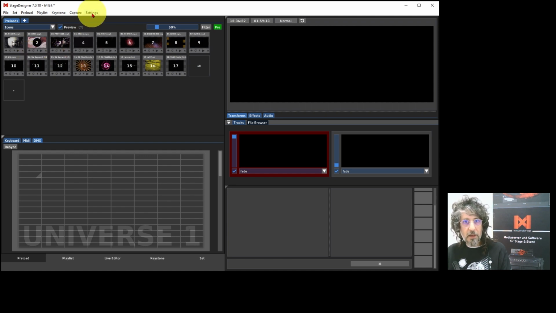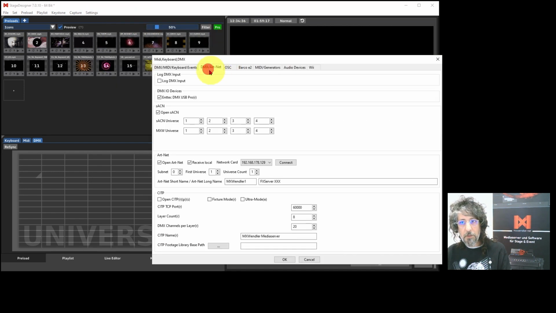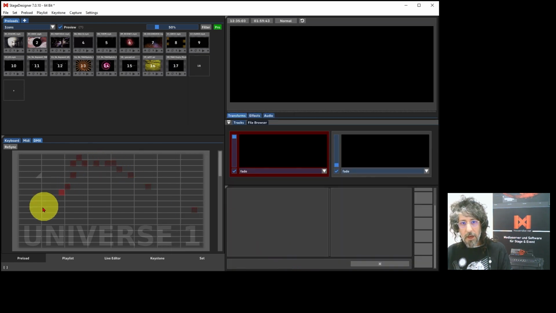To activate DMX, I would need to go to Settings, Input and Output. The second tab here is for DMX. I can see here I have multiple DMX protocols available to use: NTEC, DMX USB Pro, SACN, ArtNet, CITP, and so on. In this case, I'm using SACN, so I just click on Open SACN and I have here 4 universes available to use. I click on OK, and in my